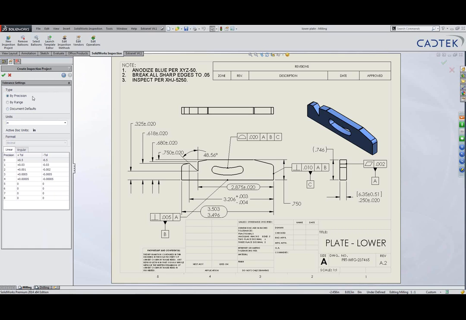Hit the next icon, and then we can specify now, just as we did before, if the dimension doesn't have a tolerance, what tolerance we're going to apply. We'll do it by precision, range, or you can just use the document defaults from SolidWorks. That would mean you wouldn't have to do any of this, just straight on document defaults. We'll go with precision in this case, and again we've got angular or linear, so up to 4 decimal places. When we're happy with all that, we can just hit OK. So